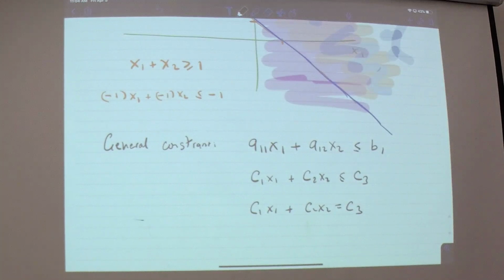This, by the way, is a geometric proof of when I said it doesn't matter if it's less than or equal to or greater than or equal to. Because if you have a line, what you're saying is either you take one side of the line or you take the other side of the line. It's still a line and something on one side of it. Right? It doesn't really matter. It's just which way you look at it.